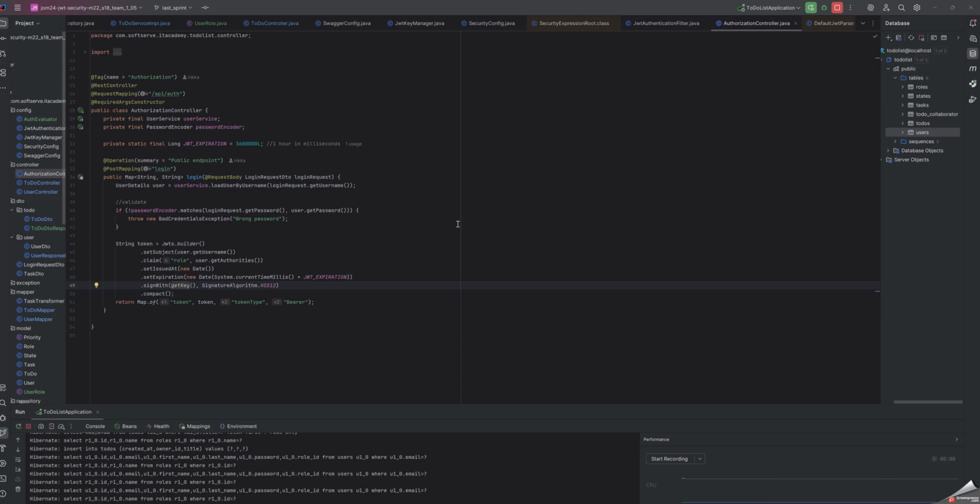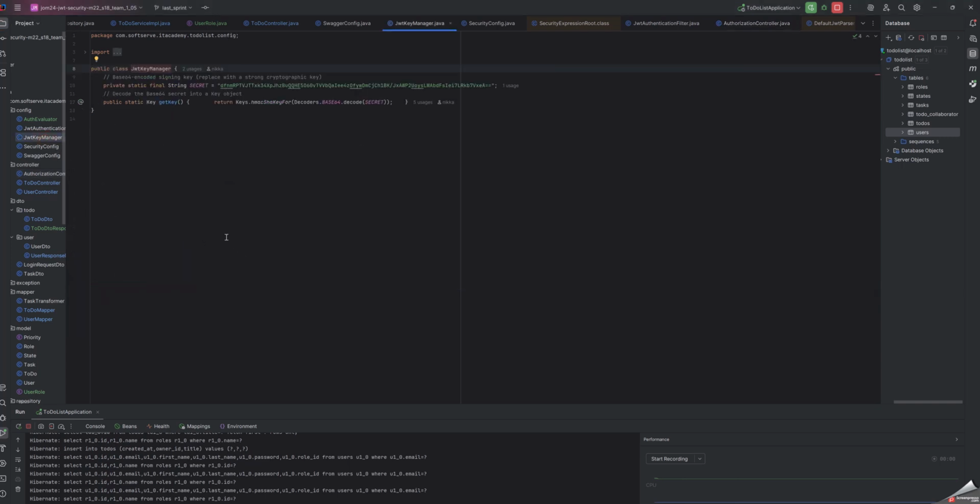This is my Sprint 18, the last one from this course, and I would be grateful if you first look at my previous Sprint presentation, because I've added a JWT token there. And let's start. This is my authorization controller that provides a JWT token with a key that was provided by the JWT